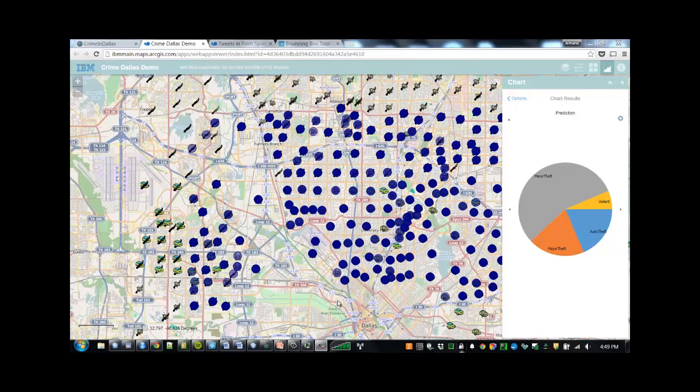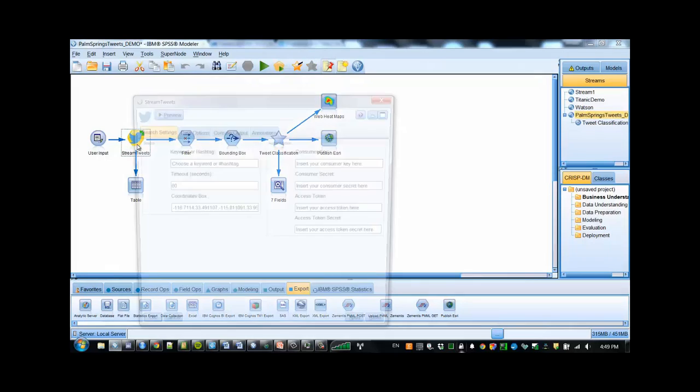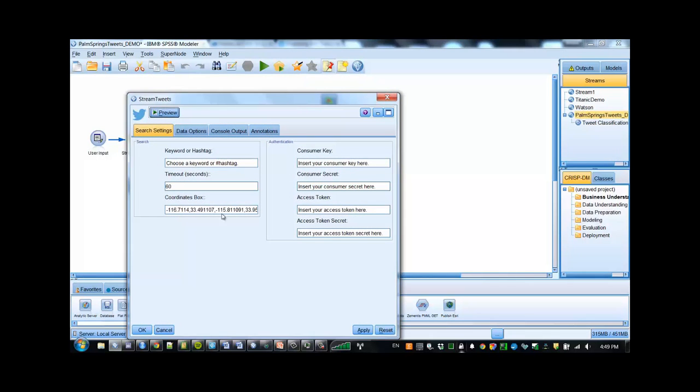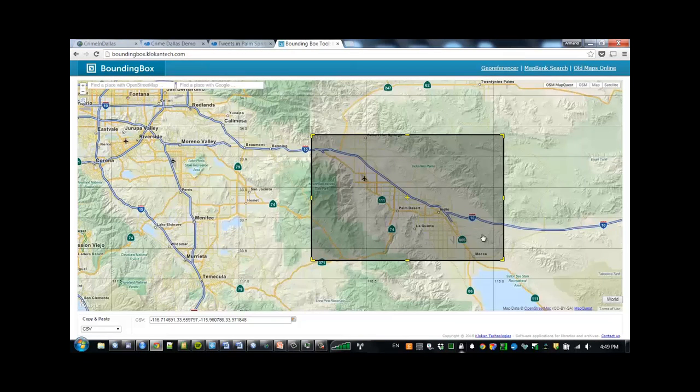Based on the same technology, I created another use case to demonstrate how you can integrate SPSS Modeler, some text analytics based on Twitter data, and also Geospatial. In this case, I have a stream tweets node that is collecting tweets of a specific area. You can see here I have a coordinates box. So what I've done is I've been collecting tweets in the area of Palm Springs, which is the area where